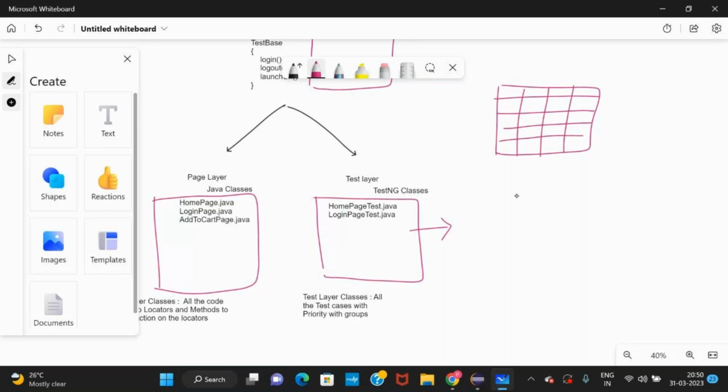We need test data like user ID, password, different URLs, different users, maybe 100 users, or 20-30 users at minimum. You will have different URLs, different products, or different elements, any test data you need that you can keep. We use an external file because it's easy to read the data and pass it to test cases, so we keep it in a separate file.